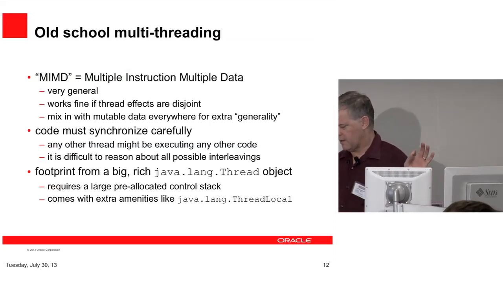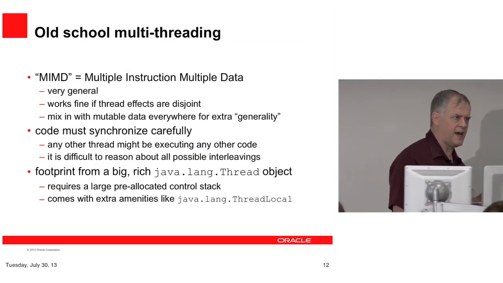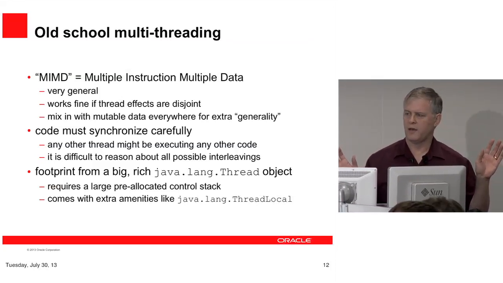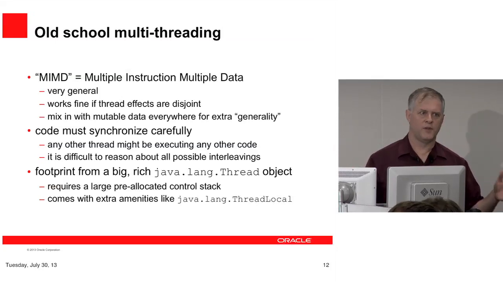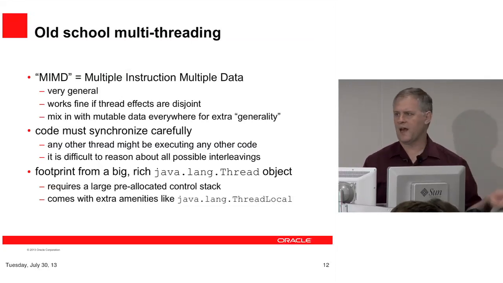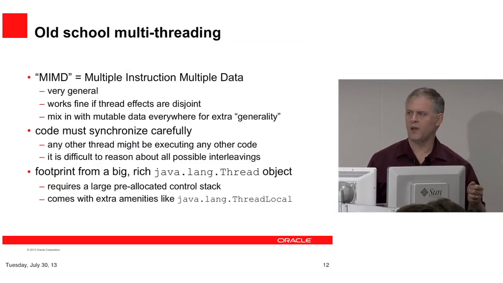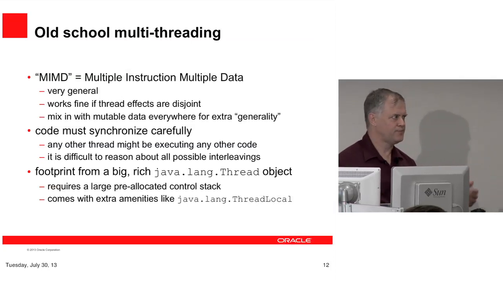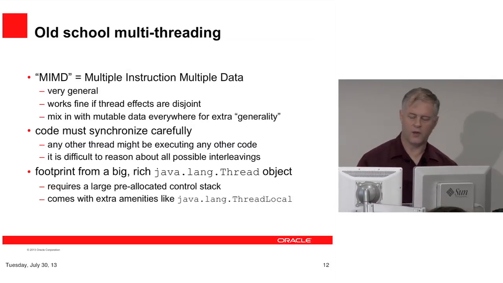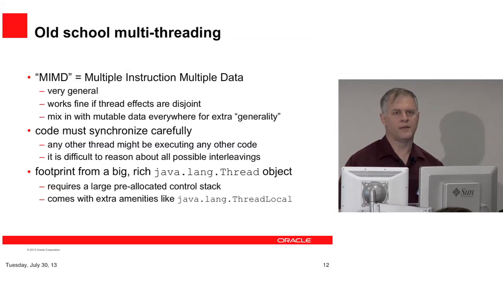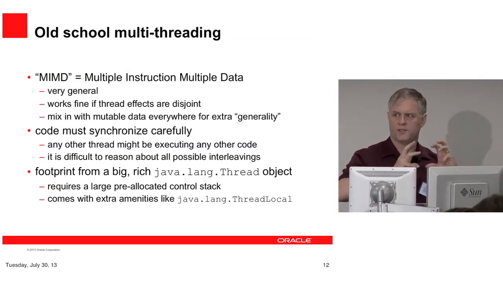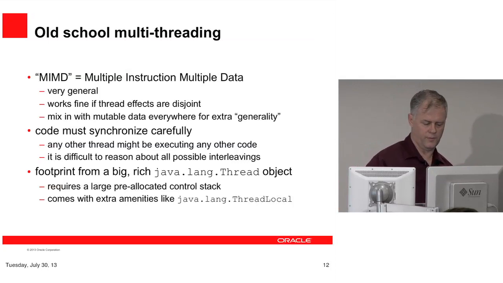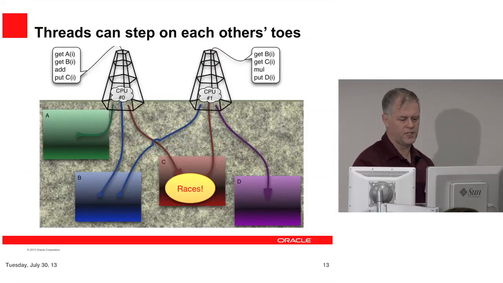Another thing that's a side effect of having enough stack for all possible uses is that your thread actually has a big footprint. There's probably 10 megabytes at least of raw stack on it, and because you're spending that much space already, why not have a big rich thread object with lots of bells and whistles on it? Might as well. So there's things like thread local, which are really cool, and that sort of mitigate against making threads smaller again, which is kind of what we want to do moving forward, at least for GPUs.